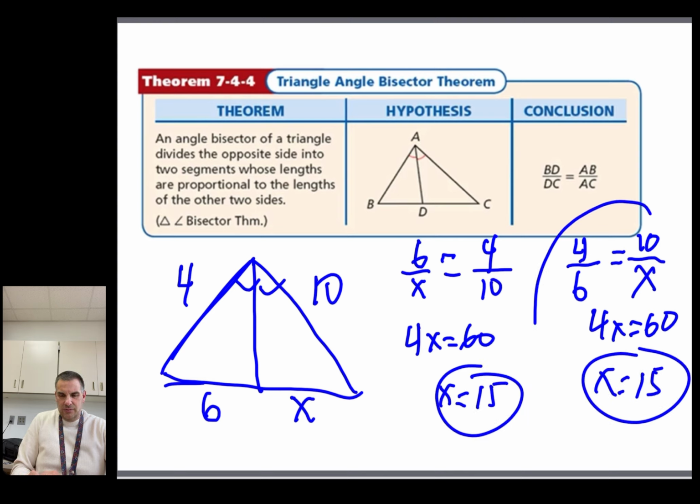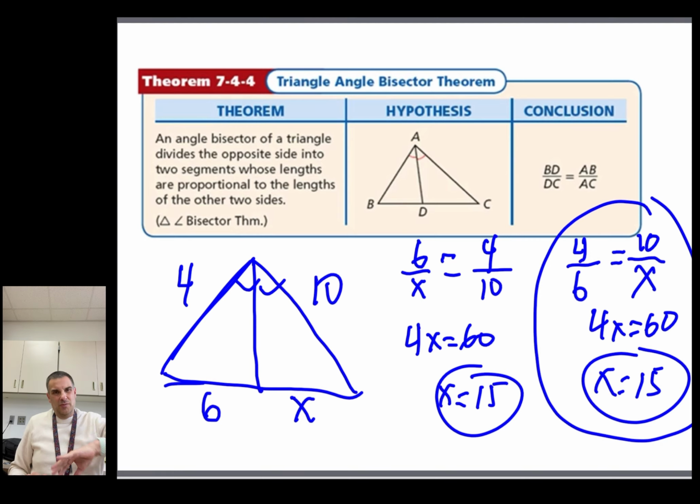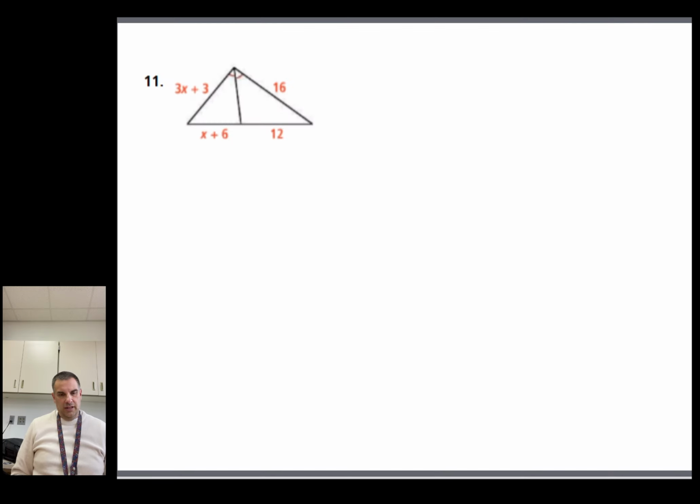I like to do it this way just because it keeps it on the left-hand side. Top over bottom is top over bottom on the left-hand side of the bisector and on the right-hand side of the bisector. And I just find that to be a little bit easier. So if we look at this one,